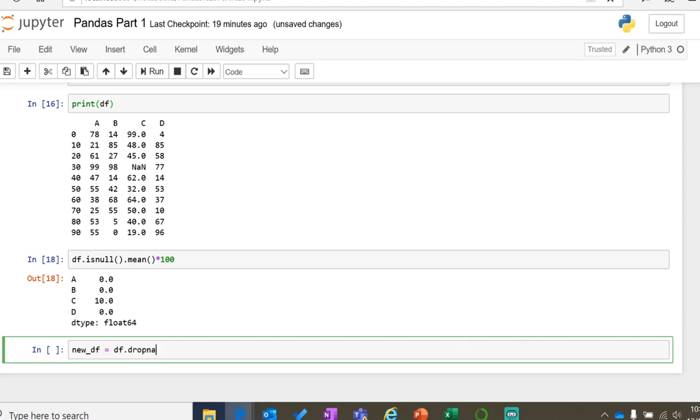We want to drop all our null values on axis 0, meaning the row axis, because we could also specify the column axis. It's all depending on how your data is structured. And as the data scientist, these are the questions you're going to need to answer. And how is an argument. We're saying if there are any null values in any row,